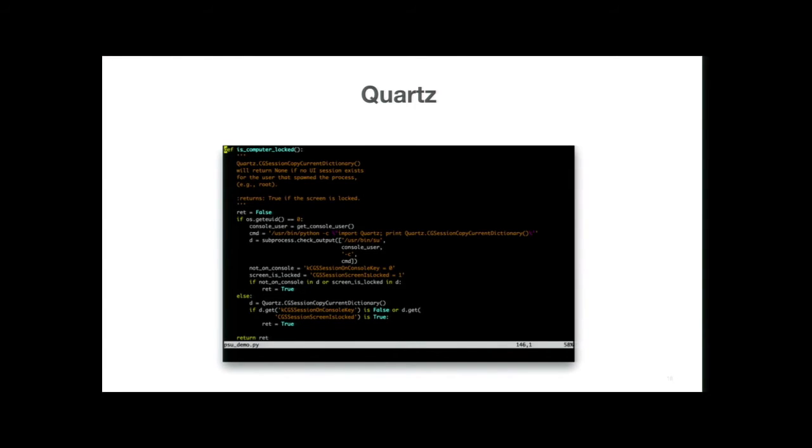Yeah. Okay. So basically the part that you'll want to look at is here: Quartz.CGSessionCopyCurrentDictionary, and we're just assigning that to our local variable d. Then I say if d.get, and I pass it the key, the session on console key is false, or if d.get session screen is locked is true, return true. Otherwise, just return false. Above that, we have